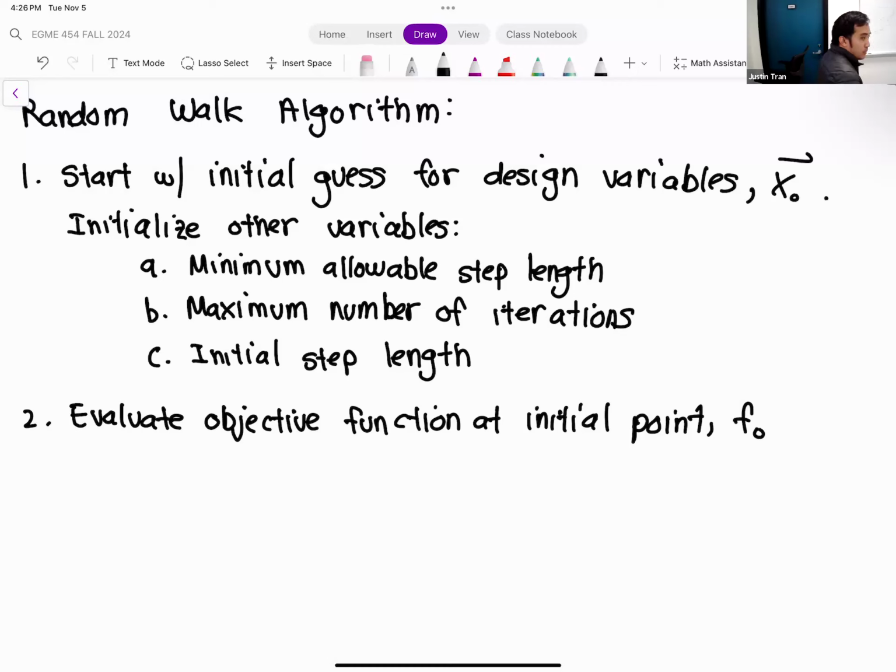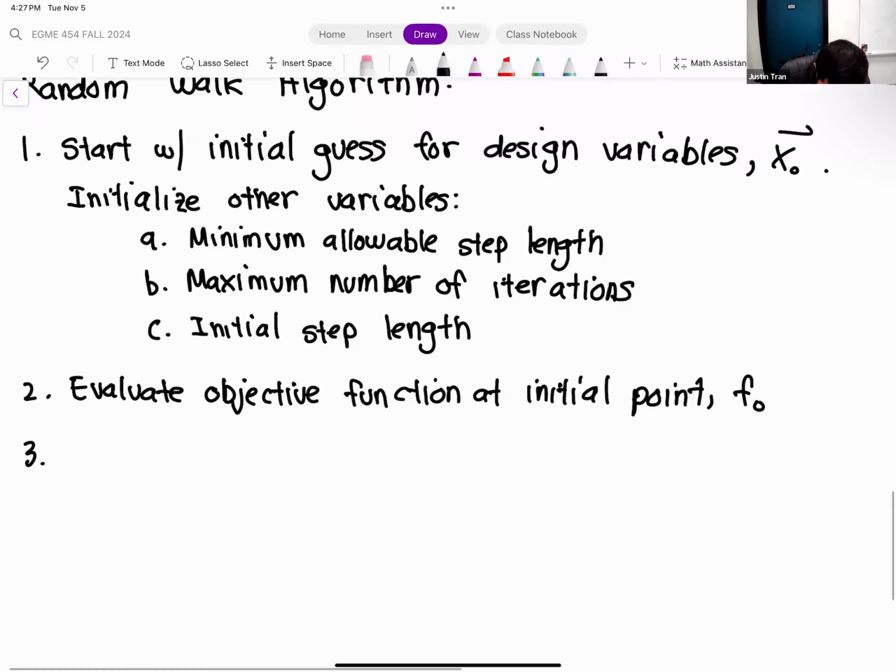So whatever the values of our initial point are, we plug those into our objective function and get that value. All right. Now that we have everything initialized, we can start taking random steps. So step three here is to take a random step. Or I should say, take a step in a random direction.